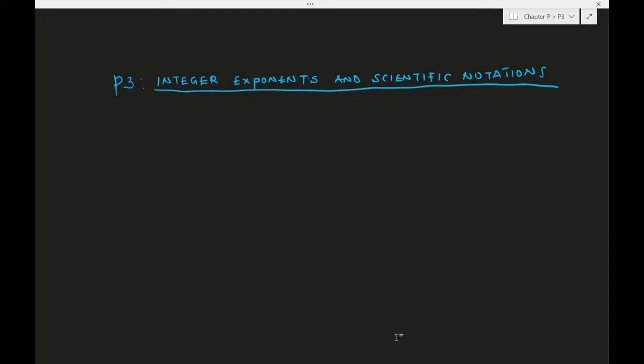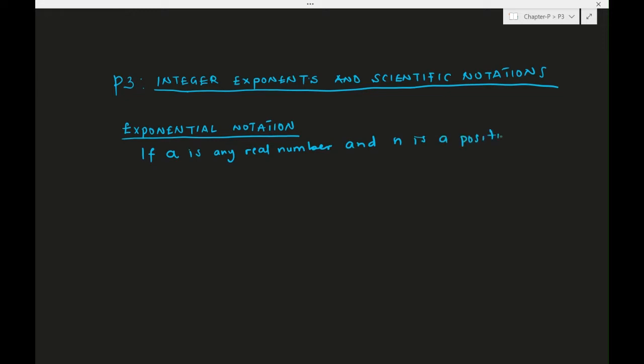So the first thing to discuss here is what we call exponentiation, or the exponential notation. And what is this? This says that if A is any real number and n is a positive integer,